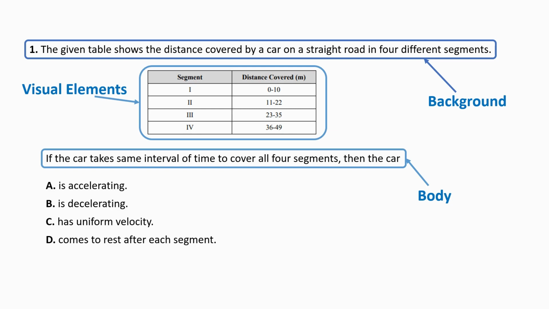में टाइम सेम रिक्वायर्ड होगा। ओके, सो इन द गिवन टाइम इंटरवल we are seeing that distance is increasing at every segment. So when the distance is increasing at every segment, so that means the body will not be at the state of rest. So सबसे पहले हम ऑप्शन डी जो है दैट इज द डिस्ट्रैक्टर, उसको हम एलिमिनेट कर देंगे। सो रेड वन इज द करेक्ट इनकरेक्ट ऑप्शन, राइट। सो इसको हमने एलिमिनेट कर दिया।